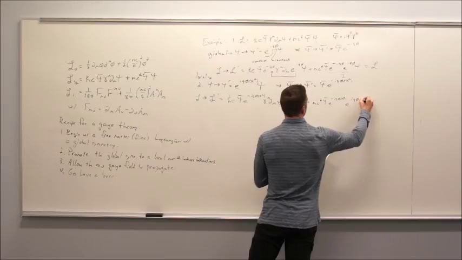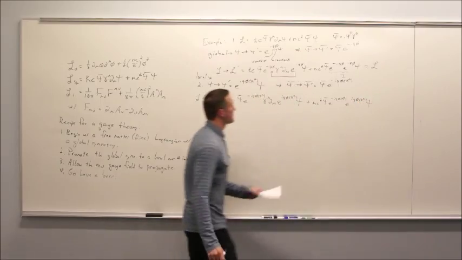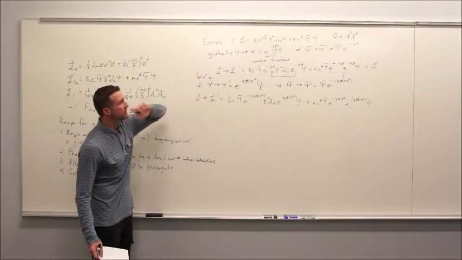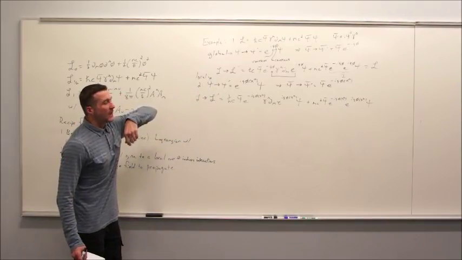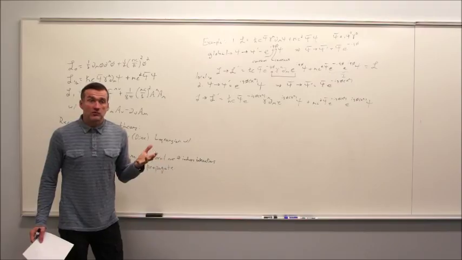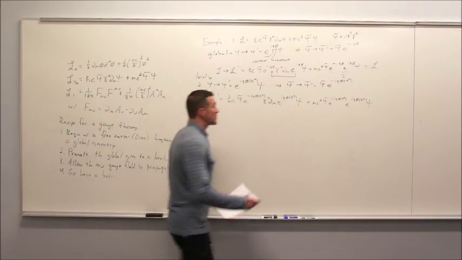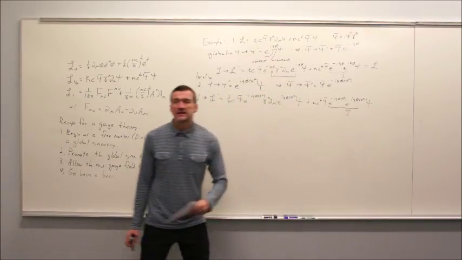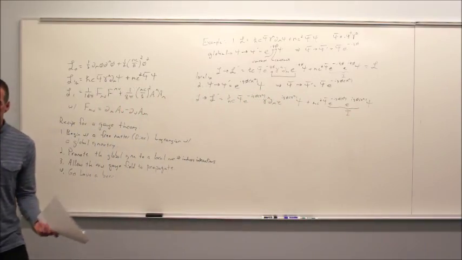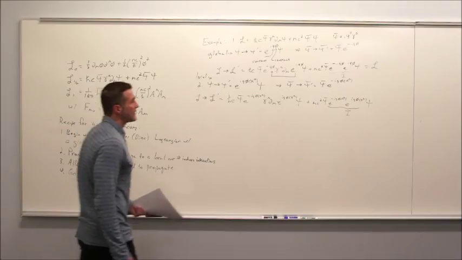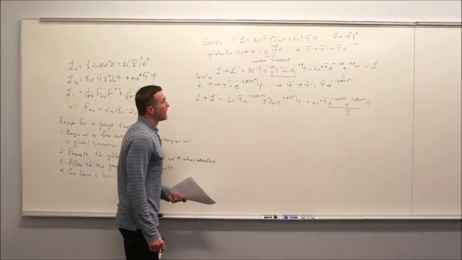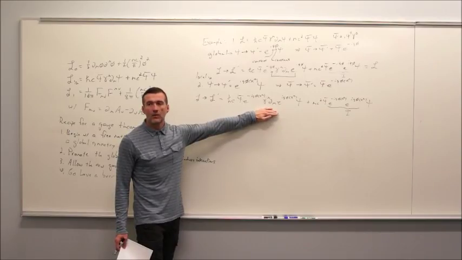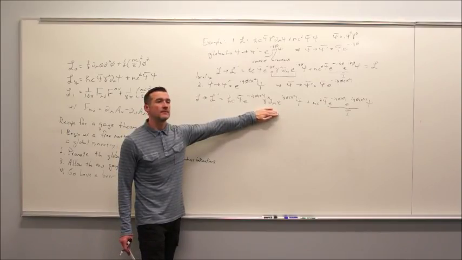Okay. That's exactly what I did up here in the global case. And now what I would like to do is see if there's any cancellations. Of course, we immediately see the cancellation in the mass term. The e to the minus i q phi, the e to the i q phi combined to give me the identity. But here's the problem. And what problem do we notice? Can't move it past the derivative.